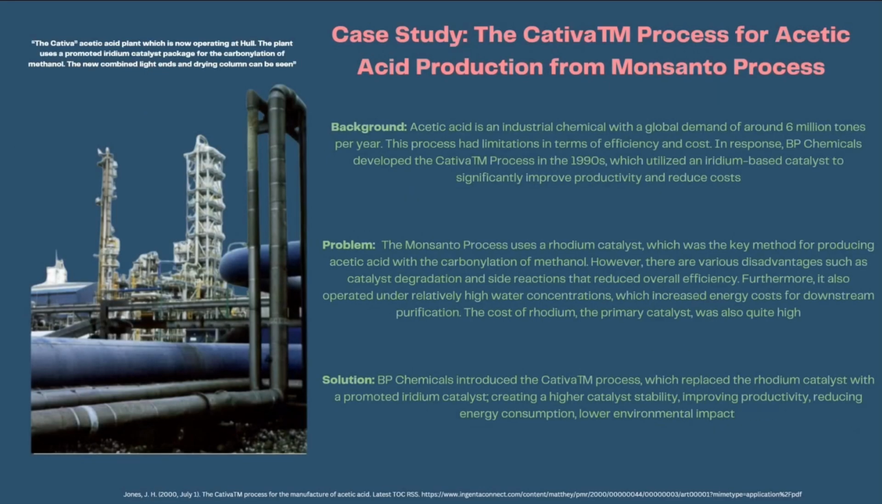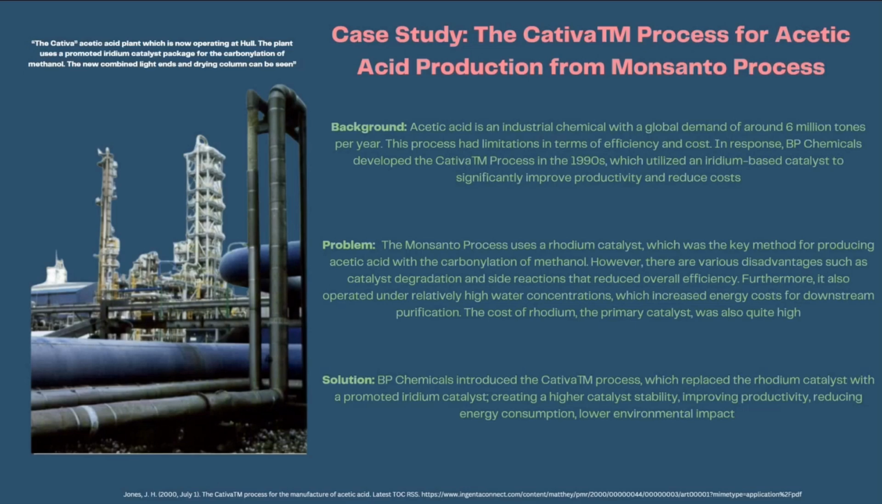Here's a case study: the Cativa process for acetic acid production from the Monsanto process. So here's the background. Acetic acid is an industrial chemical with a global demand of around 6 million tons per year. This process had limitations though, in terms of efficiency and cost. In response, BP Chemical developed the Cativa process in the 1990s, which utilized an iridium-based catalyst to significantly improve productivity